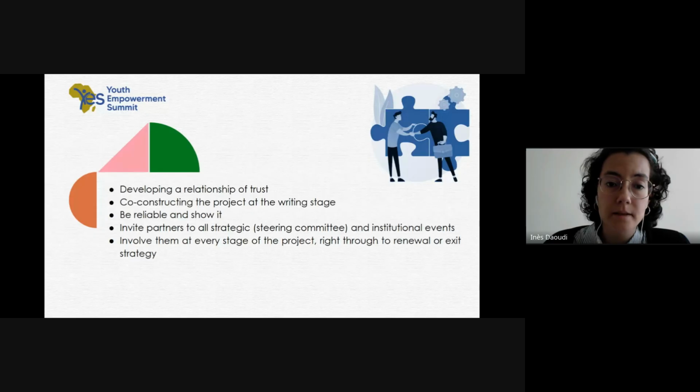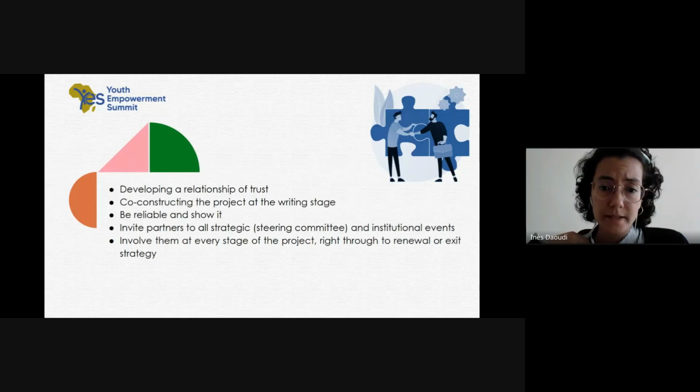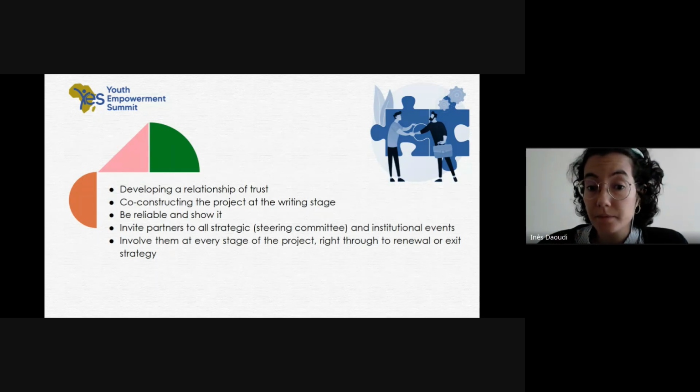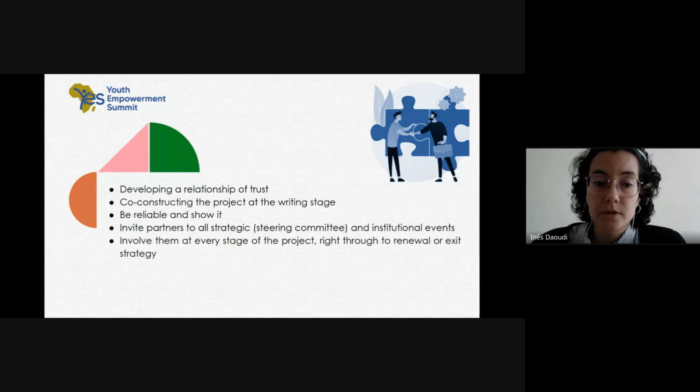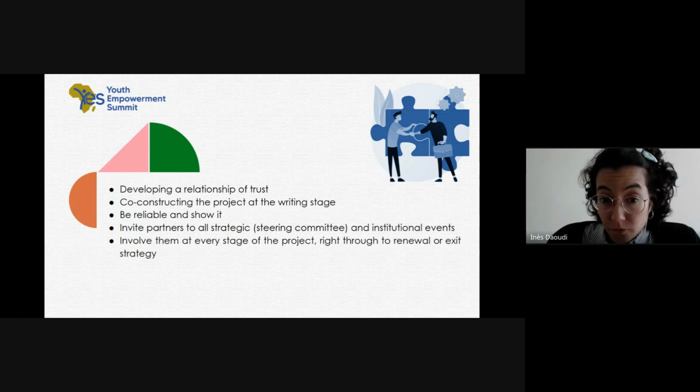Another tip is that donors have valuable expertise and experience in the development sectors. So their involvement can help your organization to enhance the project design and to identify potential gaps. You can also ask for their experience to improve your own project. A project constructed with the donor is more likely to be approved, of course, because they would have followed you since the very beginning, since the design.